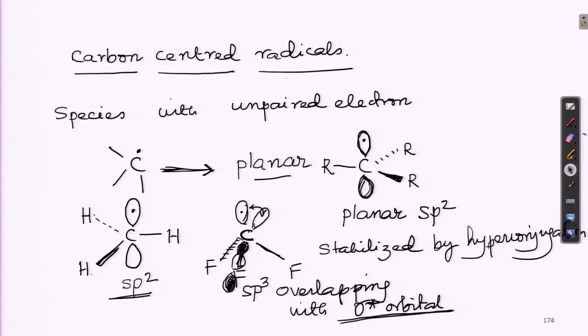Although radicals are well known, there was the Gomberg reaction, some few scattered reactions were known, but generally organic chemists were a little bit skeptical in handling or generating radicals and using them for the purpose of formation of carbon-carbon bonds. There are reasons for that, because you know that when you have a carbon radical, and